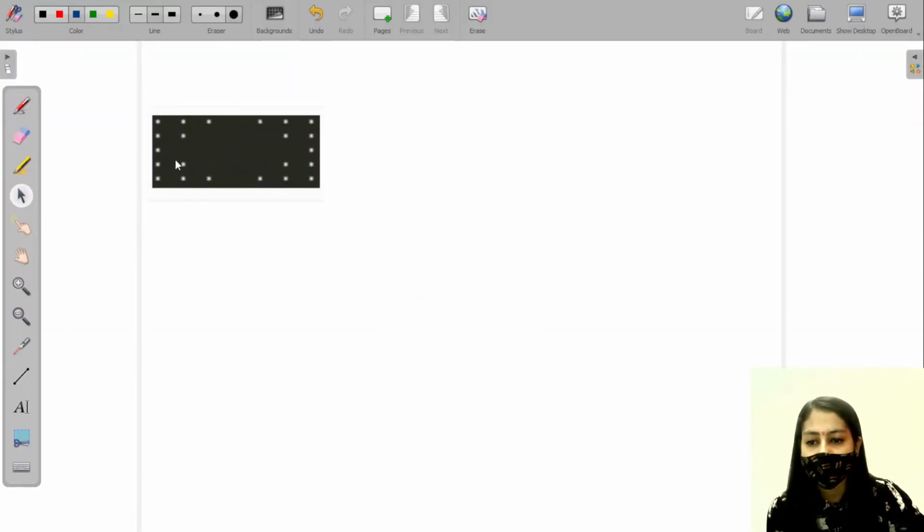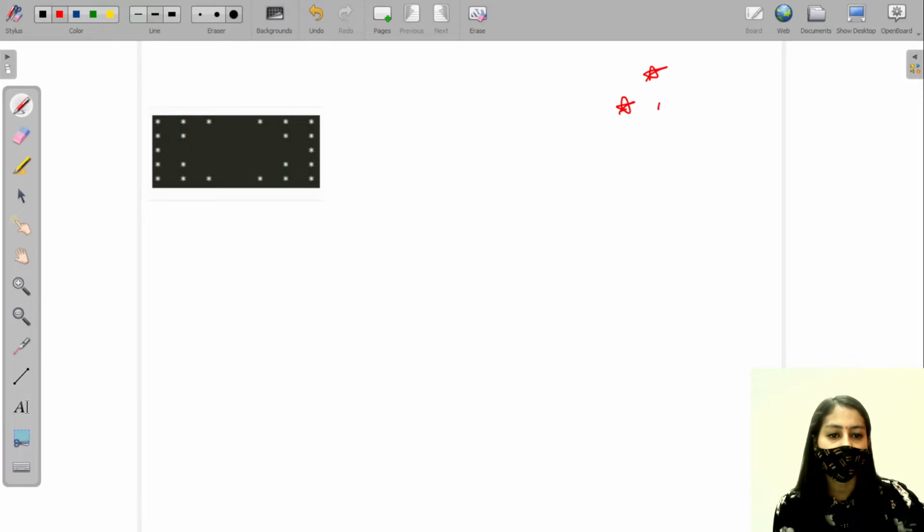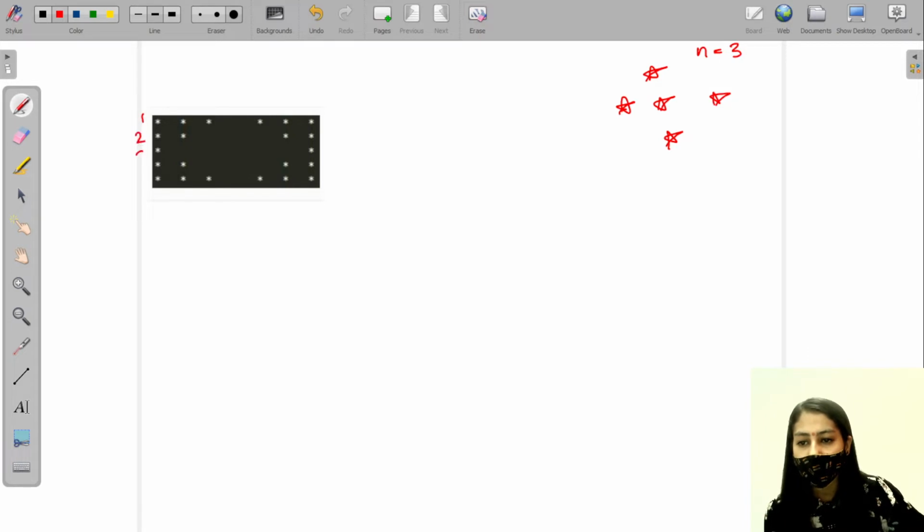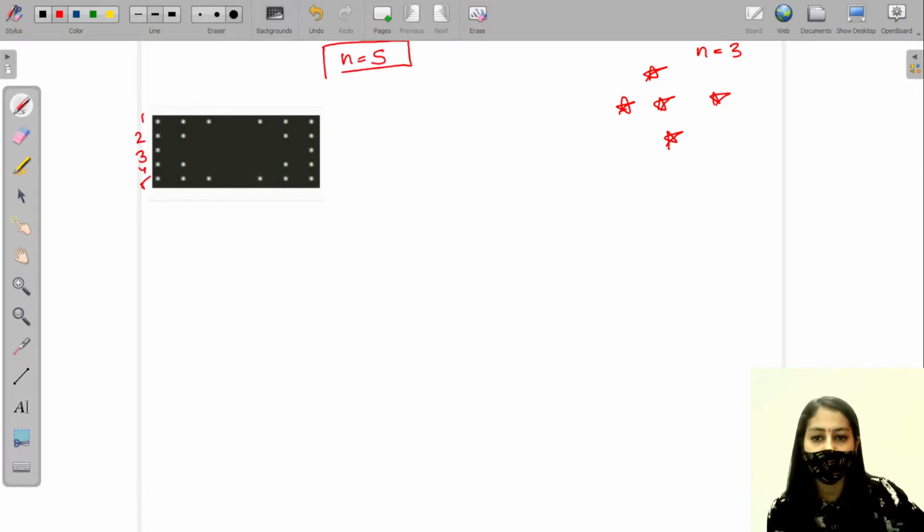Now you can see that this is a hollow diamond. In the last video, in pattern 5, we printed a filled diamond. This is a filled diamond for n equal to 3. Here the number of rows are 1, 2, 3, 4, 5, so n would be 5 for this. Whatever the input, we have to print that number of rows in our pattern.